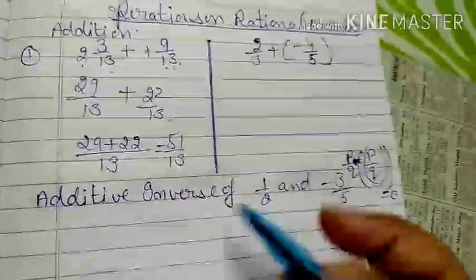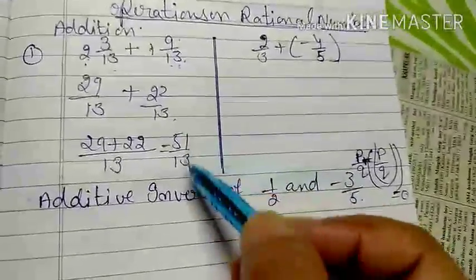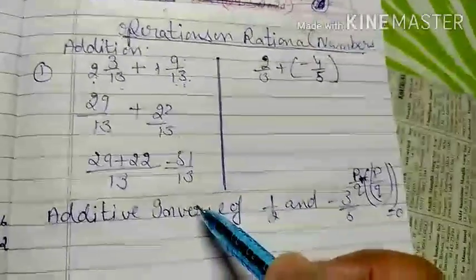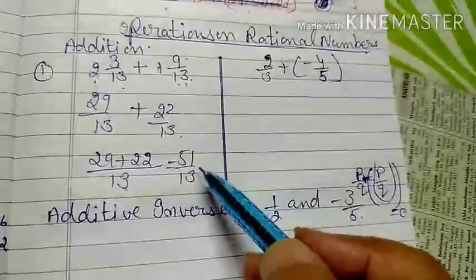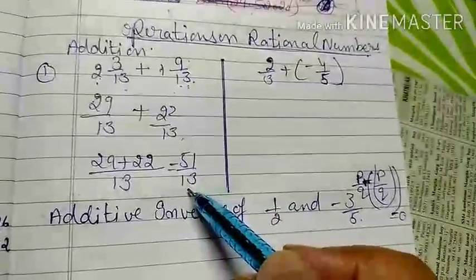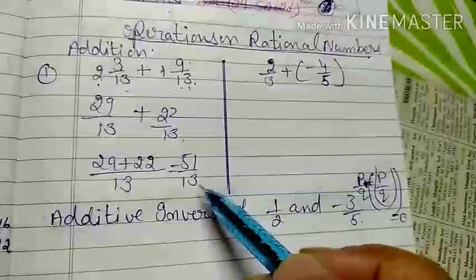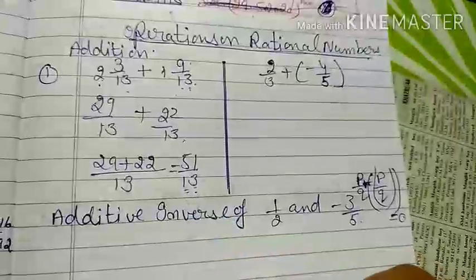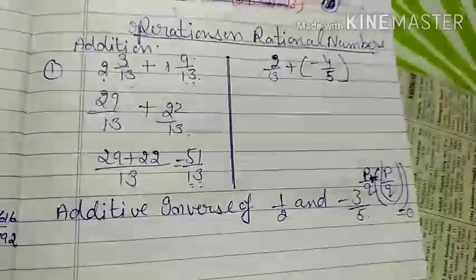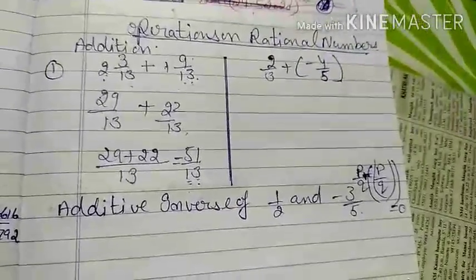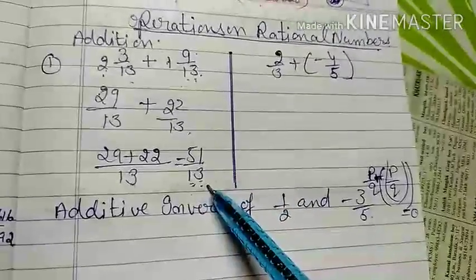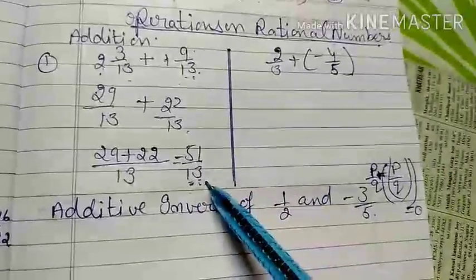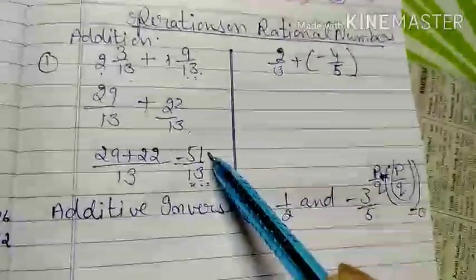After getting the answer, I check if it is possible to make it a standard form. So you find the HCF and divide both numerator and denominator by that HCF. But if I check whether 51 goes in the 13 table or not, you can also check with 13 into 7, and it will not go. 13 into 7 does not give us 51.